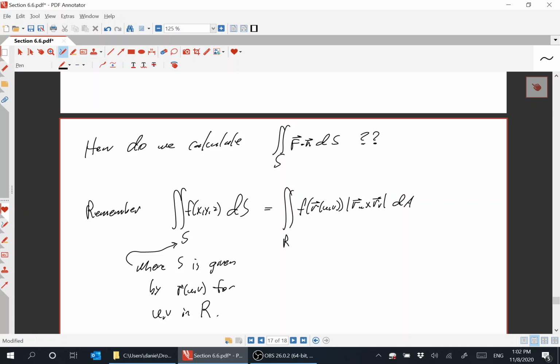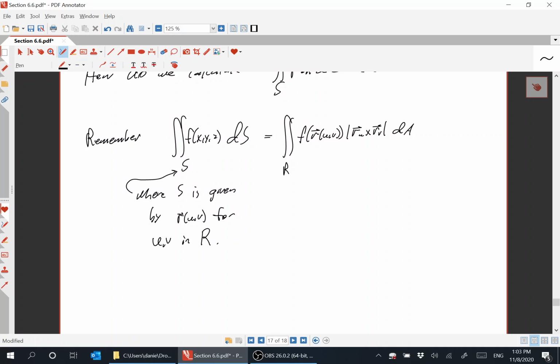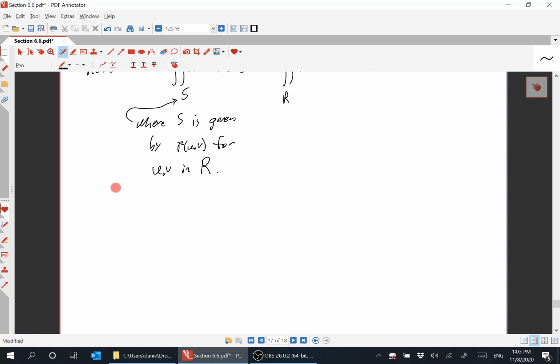whatever u and v might be: x and y, r and theta, theta and phi, t and phi, t and theta. There are all kinds of different ways in which the two variables can be chosen. The two variables are not necessarily x and y, although in a lot of our examples they will be. All right, so now,